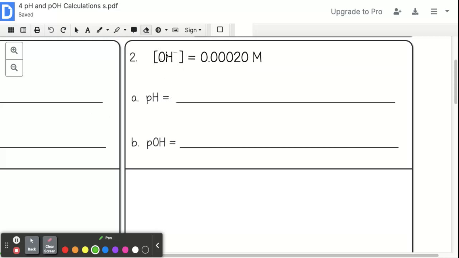So here we're starting with the hydroxide concentration, and you have this molarity, okay? So we know from last unit that molarity is just the concentration of whatever solution you're looking at. One thing to keep in mind is that our acids always